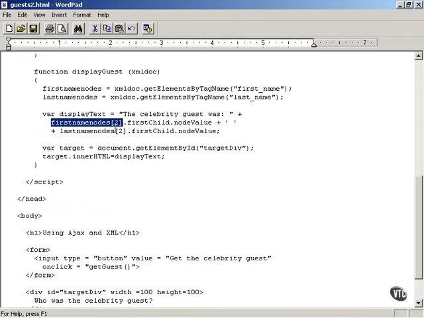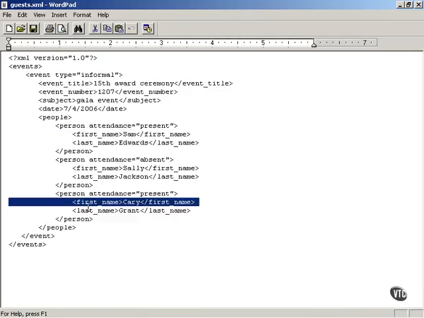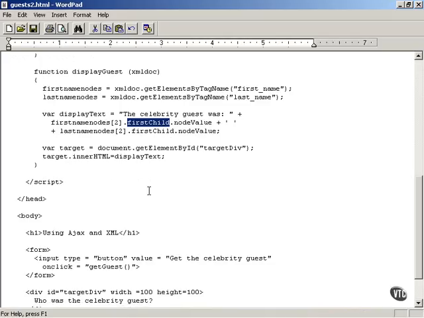So as you can see, it's a lot easier if you're going to pick out the elements by tag name than it is to actually navigate through laboriously. So now what you want to do is extract the text node inside that first name node. You say first child, that extracts the text node inside the first name node of Cary Grant, and so that extracts this Cary as a text node, and you've got to extract the name from the text node. You say .node value. So first name nodes 2, that is the correct first name element node. First child, that gets you to the text node contained inside that element node, and .node value lets you extract